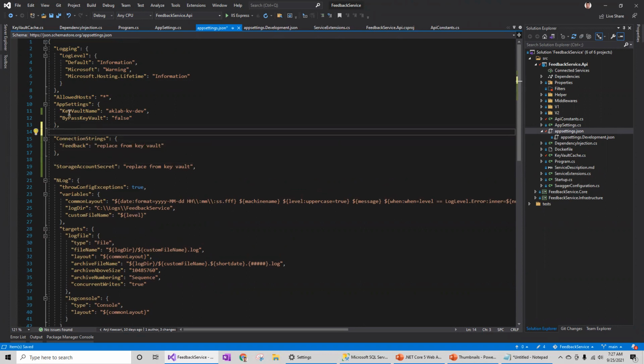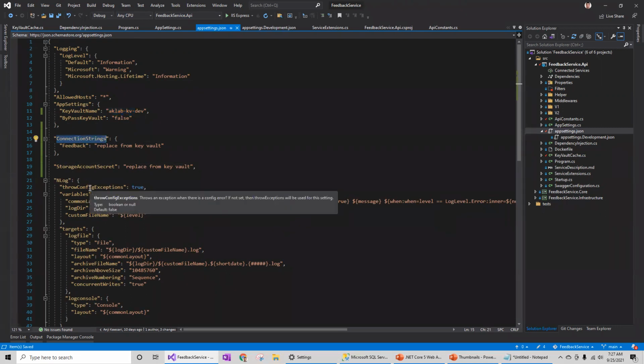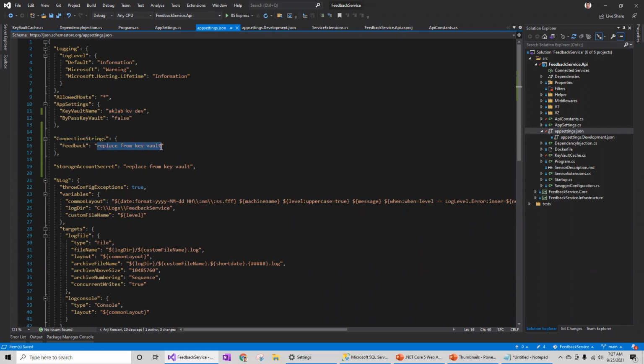So I have the key vault name configured, and I'm going to create the Azure key vault service with the same name. And this is my connection string. This will be replaced at runtime when the program runs on Azure. And this will be replaced the same as the connection string whenever we are trying to use the storage account. So these are my keys.